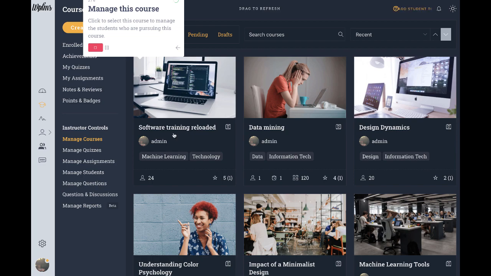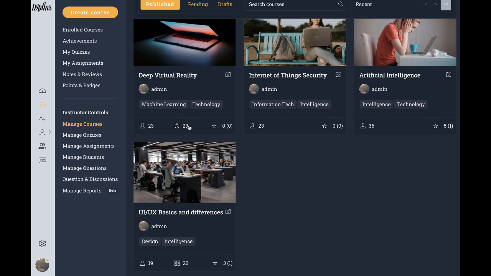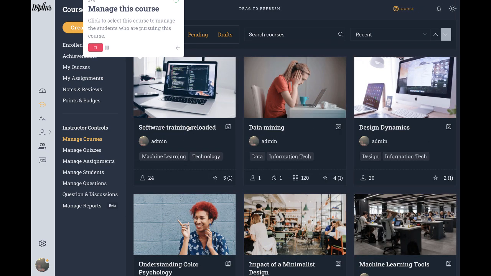Now if you try to scroll away from the screen, you can see that our tour, because it is active, is forcing us to continue on the tour, which is why we have added the blink icon, because it is constantly tracking which step of the tour we are in, and it is going to force us to complete the tour.